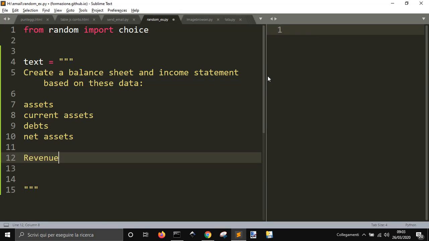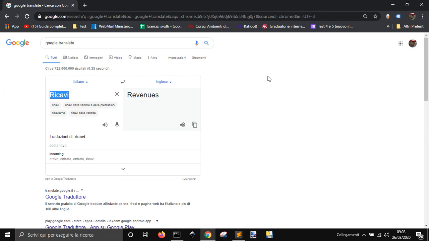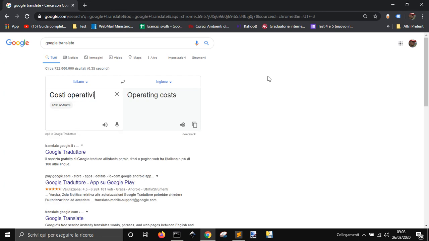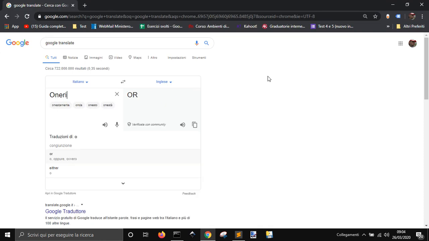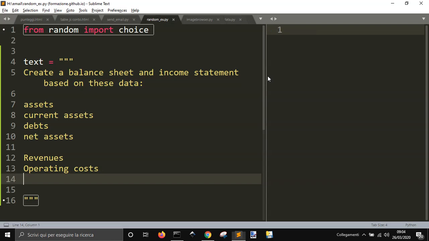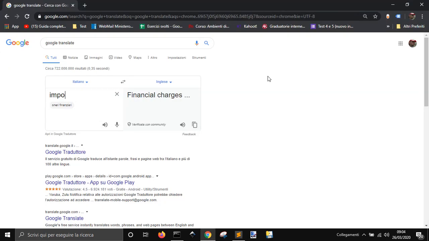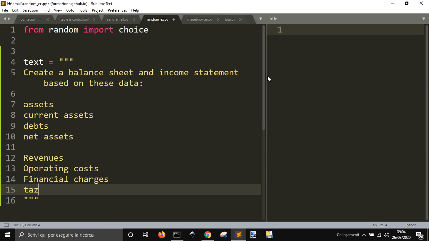For the income statement, I need revenues. Then I need operating costs, and financial charges, and taxes, right? So create a balance sheet and